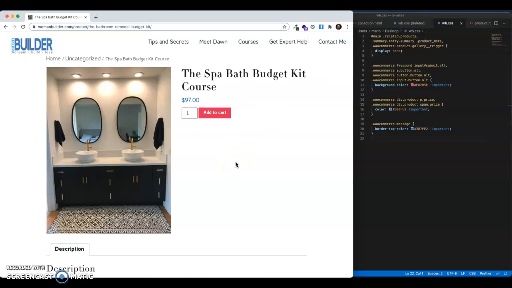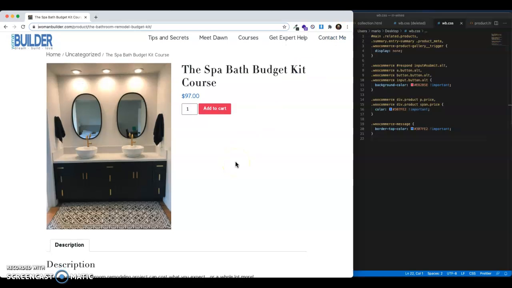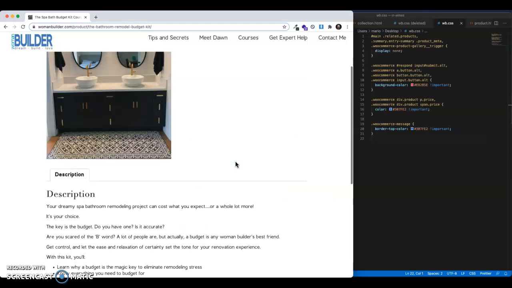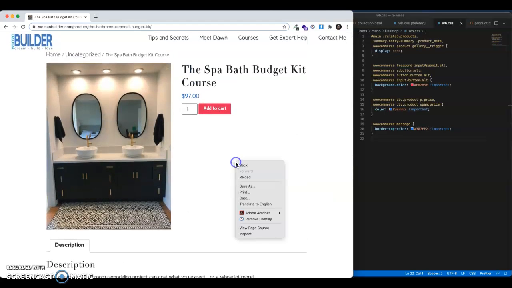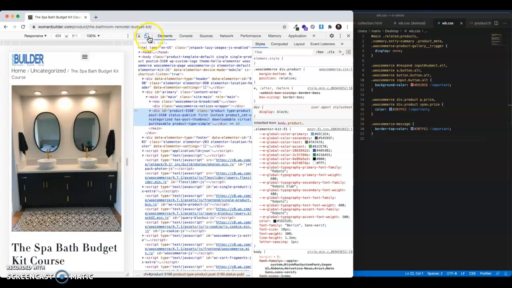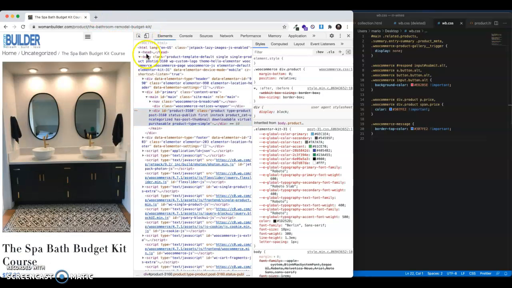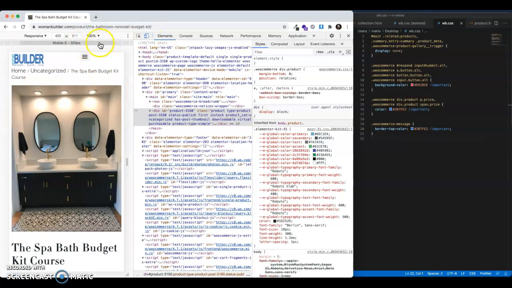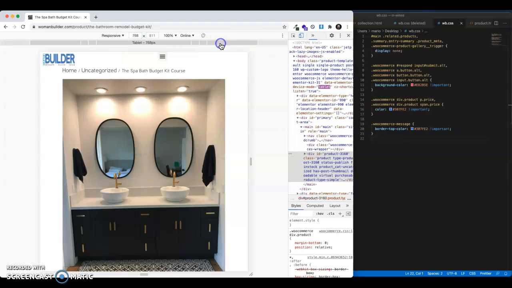So basically what we need to do to get to the inspector to find what we're going to edit, you're going to either do the little two-finger click or right-click depending on what you're using, but we need to go to inspect. So that's going to open up the inspector. This option right here gives you mobile view and others. I've already got this screen compressed down quite a bit, but you can see that we're at 425 pixels wide. If this were open more, we could go 768,